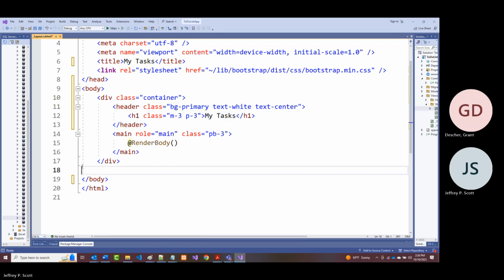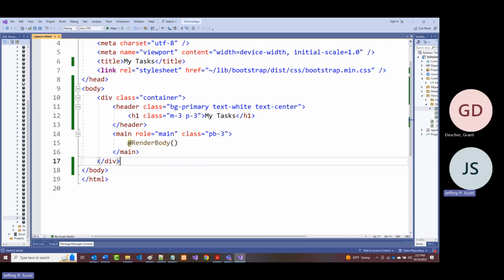Okay. And once I'm done with that, I've still got stuff to go. I mean, I still have to go in here and create